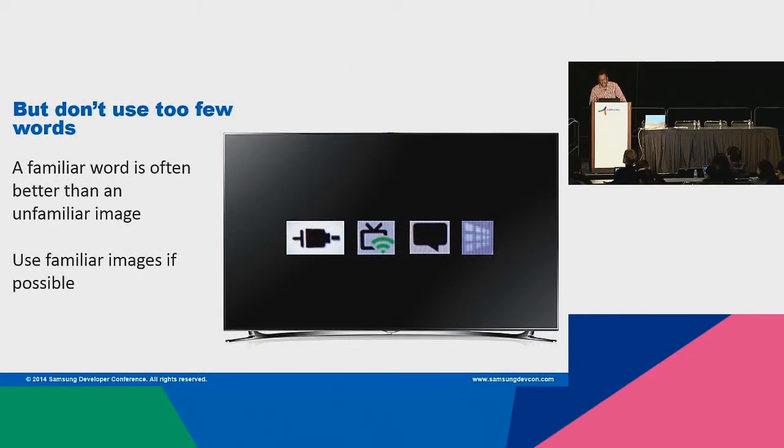Now, there's a flip side to this heuristic. There are times when some text or labels can be more efficient than none. So this is a great example. Most of these icons, you can kind of guess what they are. I still have no idea what the last one there on the right is at all. So some labeling there, some minimal labeling could also help in understanding what that is.